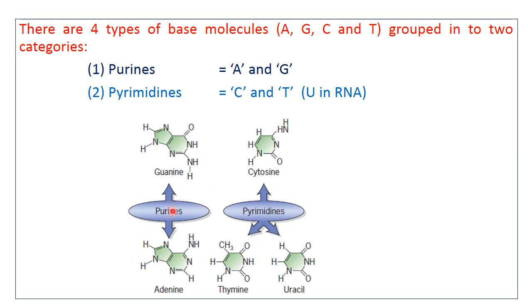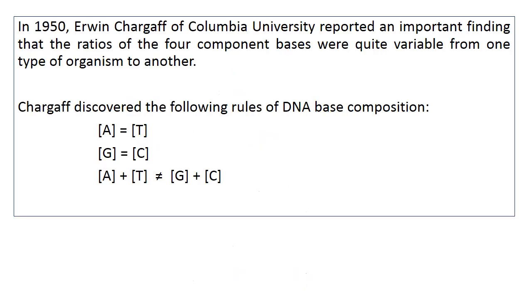Here the structure shows the purines. Guanine and adenine are purines, and as we can see these purines are 9-membered rings. We can see this is a 6-membered ring plus this 3-membered structure, so 6 plus 3 is a 9-membered ring. Purines are 9-membered rings, whereas the pyrimidines are 6-membered rings, just like benzene, and these 3 bases lie in pyrimidines.